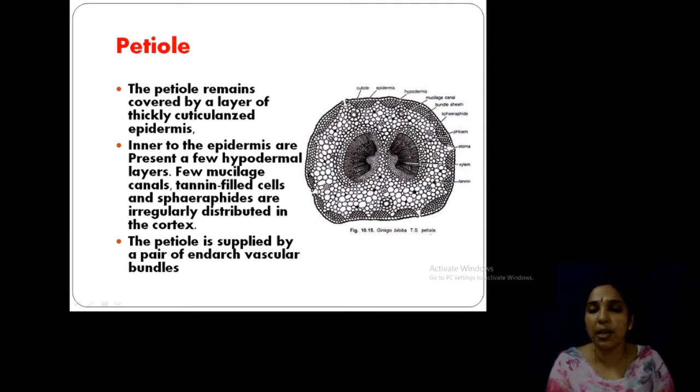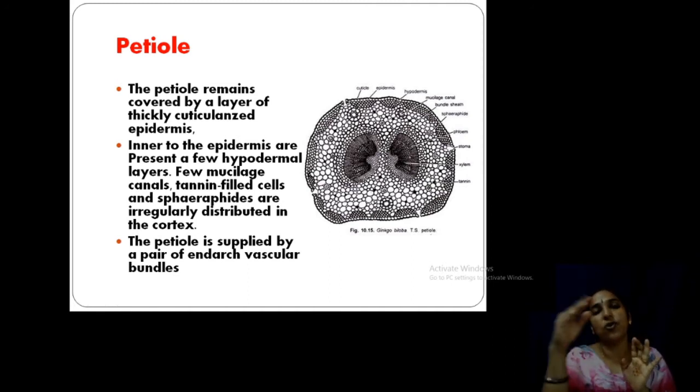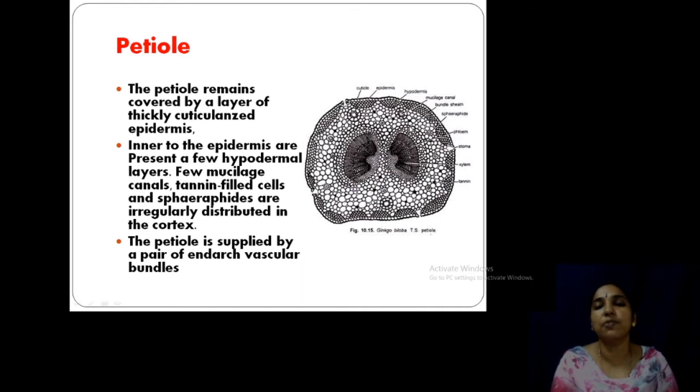Then the petiole is supplied by vascular bundles. You know the leaf traces. So, from the stem, the vascular bundle is transferred to the petiole, then from the petiole to the leaf. So, that vascular bundle is present here. Okay. So, the petiole is covered by a layer of thickly cutinized epidermis, and inner to the epidermis you can see the hypodermis, that is 2 to 3 layered hypodermis. Then the cortical region is filled with tannin cells, and also spiroraphides irregularly distributed in the cortex, and two vascular